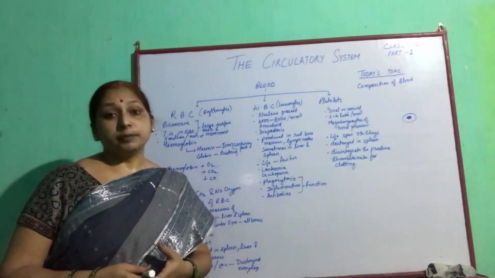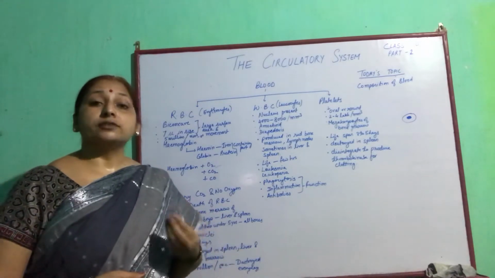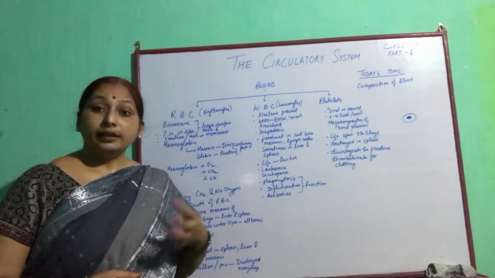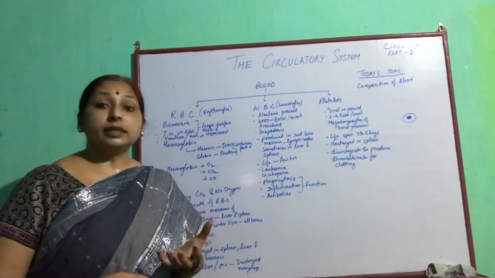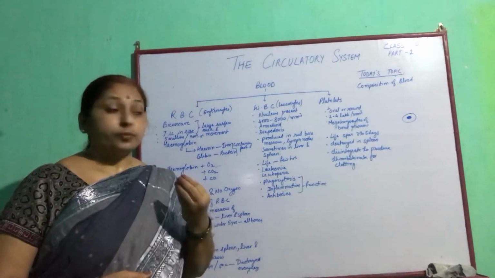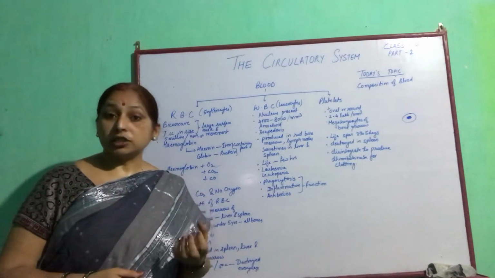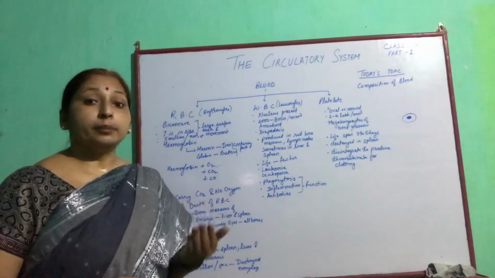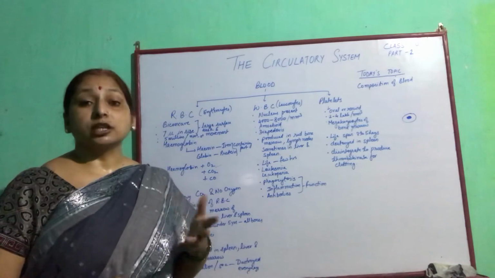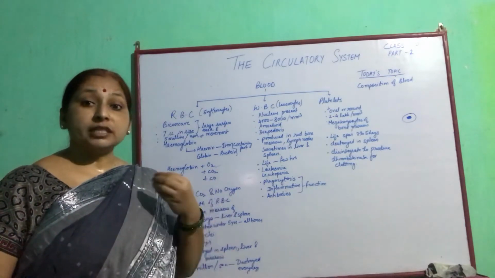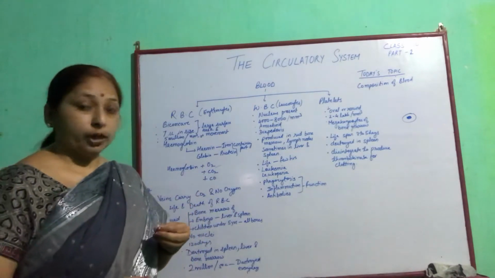The color of the blood is because of a pigment which is known as hemoglobin. Hemoglobin is the pigment which gives red coloration to the blood. Secondly, it acts as a carrier of oxygen. It has strong affinity for the oxygen molecule, and it readily combines with oxygen. After combining with oxygen, it helps in the transport, taking the oxygen wherever it is transported to the parts of the body.